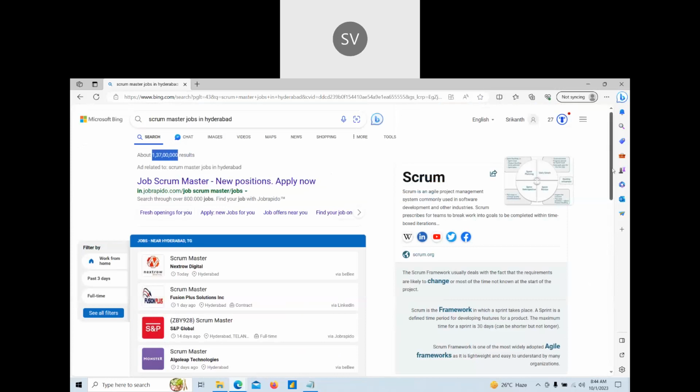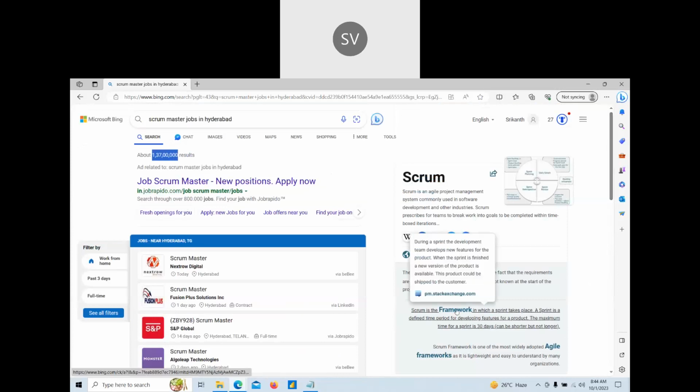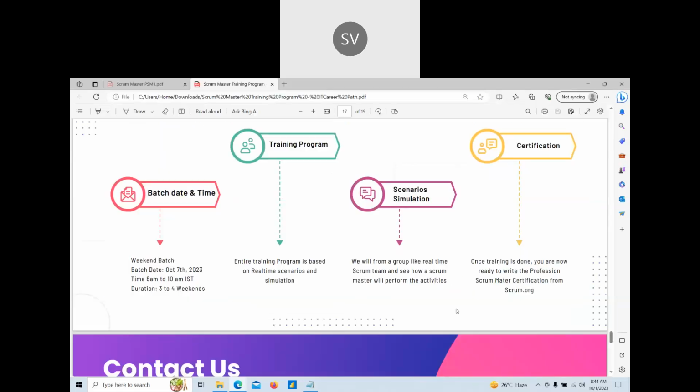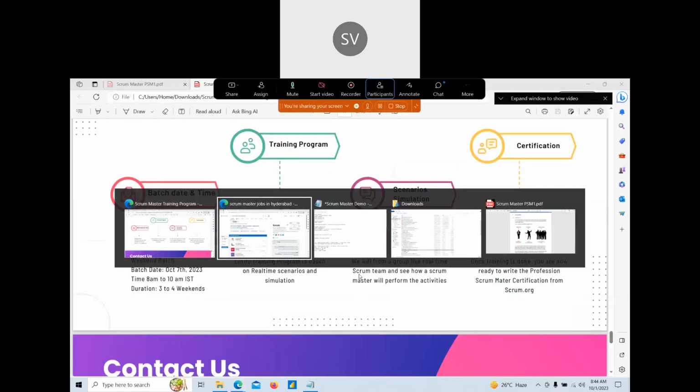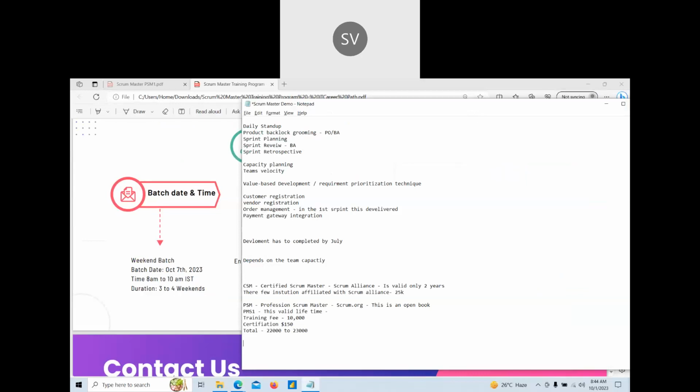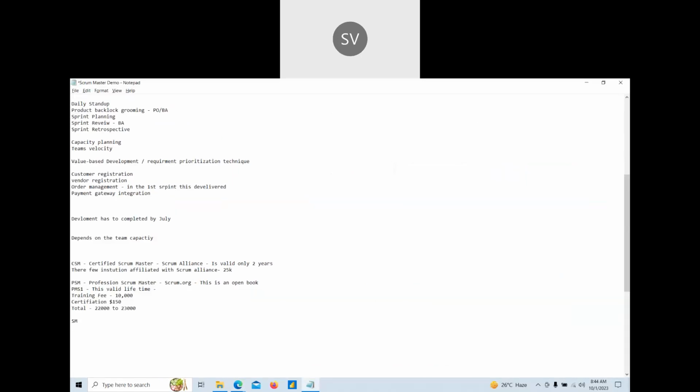So the Scrum Master role is very much a hotcake kind of thing. If you have certification and knowledge of Scrum, you can well manage the team, so you can easily get into the Scrum Master role, and growth opportunities are also many. Once you step into the team as a Scrum Master, you can grow as a project manager. The hierarchy is different from organization to organization.